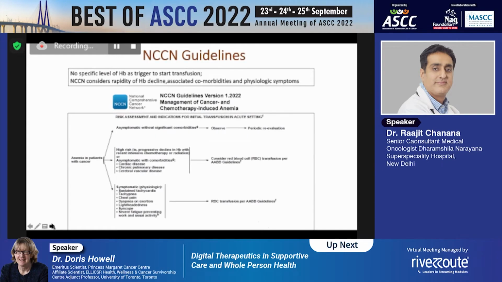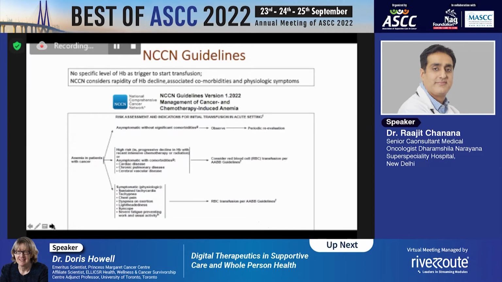And now coming to the blood transfusion part. So basically there is no specific level of HB which acts as a trigger to start transfusion. It depends on the symptoms of the patient, the intent of the treatment, whether it's curative or palliative. NCCN considers the rapidity of HB decline, associated comorbidities and physiological symptoms, which decide the need for giving blood transfusion. So if the patient is not symptomatic and without any significant comorbidities, we can observe and avoid